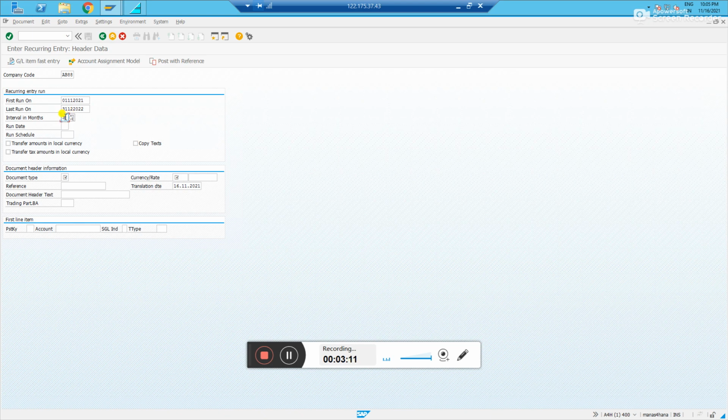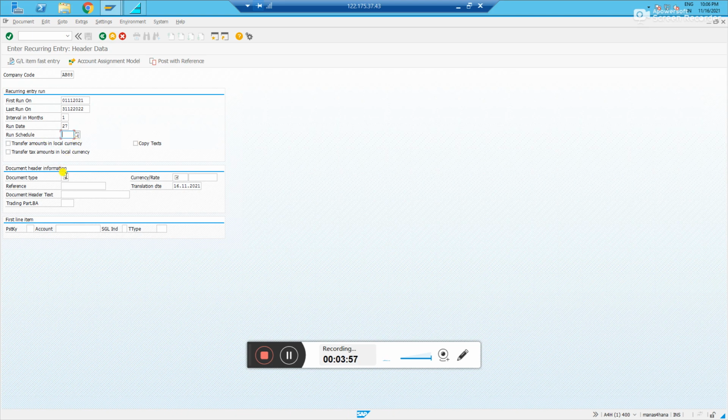Normally we create monthly recurring entries, right? That is up to the business decision, depending on how many different types of entries they have. Let us take month. Every month we'll post the entry. While posting the entry, we need to give a date, right? Today you are posting an entry. What is the posting date and document date you are giving? You are giving 16th November, right? Likewise, when you want to post the recurring entry, the system needs a date. In real time, business will give a last-week date in every month, let's say 27, 28, 29 or 30. Let us give 27.